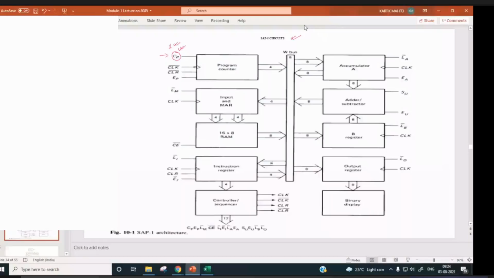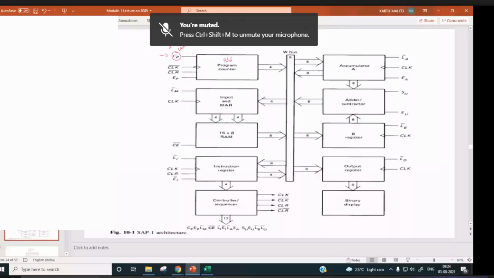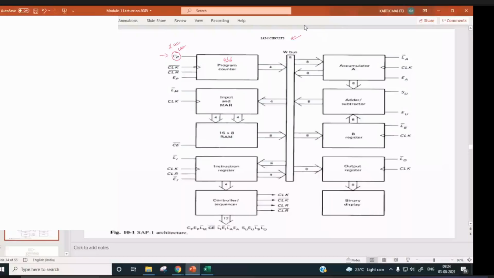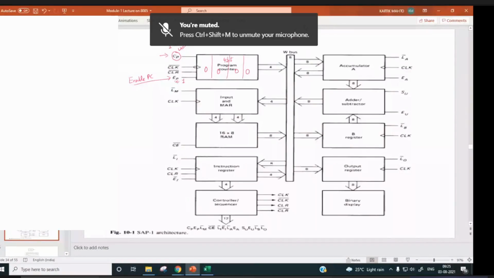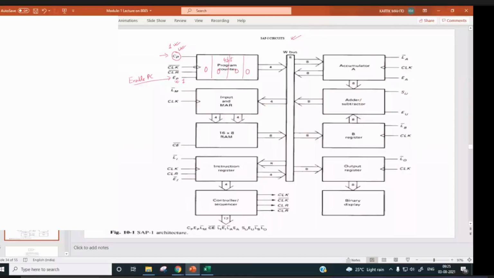So it will count like this. First count will be 0, 0, 0, 0. Now, if EP is made active, EP stands for enable program counter. If this pin is made 1, what will happen? The program counter will load the data on the bus.